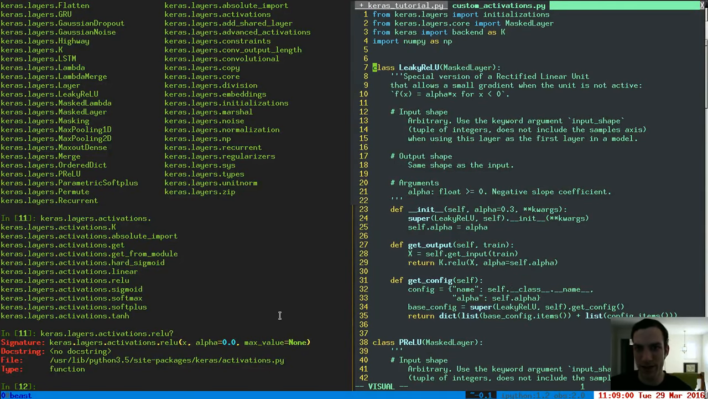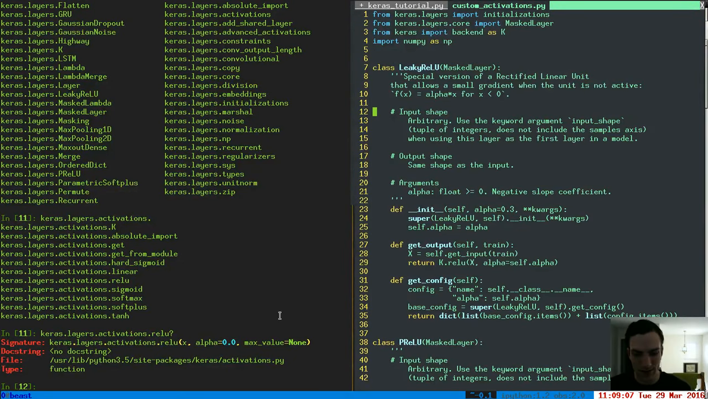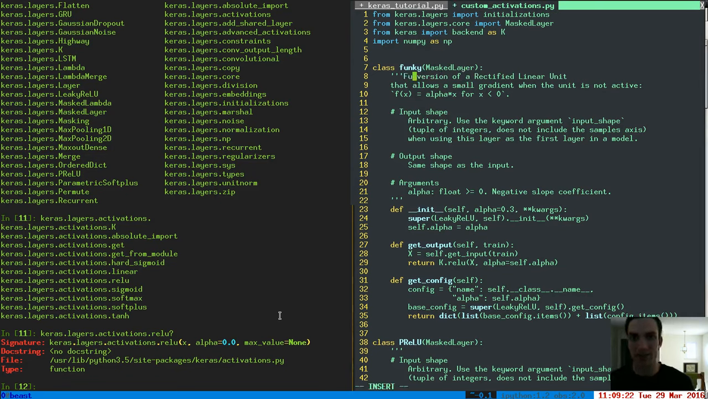What we learn is that we have to define a special class here called leaky relu or whatever. Let's just copy our own. Let's just change it. Let's call it funky. And we're going to import from masked layer, apparently. This is not a special version. This is now a funky version of rectified linear unit. And for the moment, I actually want it to be exactly the same as, let's say, the